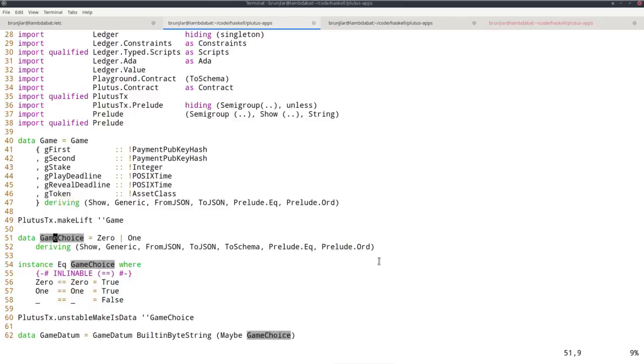Then the type game choice. So that's just the two moves the players can make, 0 or 1. And I derived equality in the normal Haskell sense and an odd instance, but unfortunately for the Plutus equivalence of eq and odd, that's not possible. And I need eq for Plutus eq, so I do that by hand in the usual way. So, 0 equals 0 and 1 equals 1, and all other combinations are not equal. And for this to work with template Haskell, you have to put this inlineable pragma there as well for the